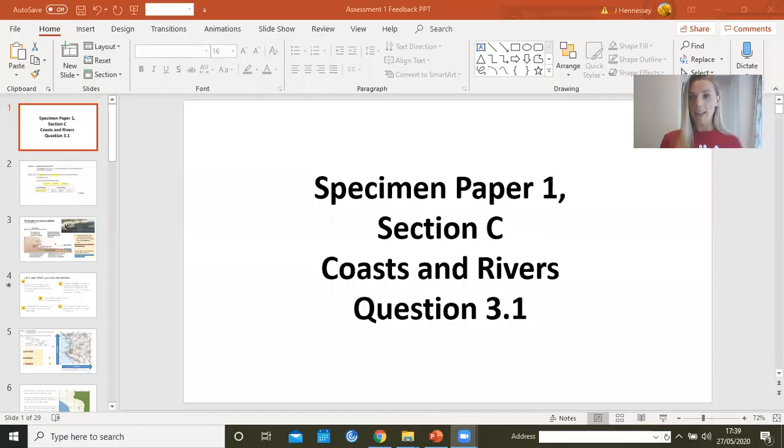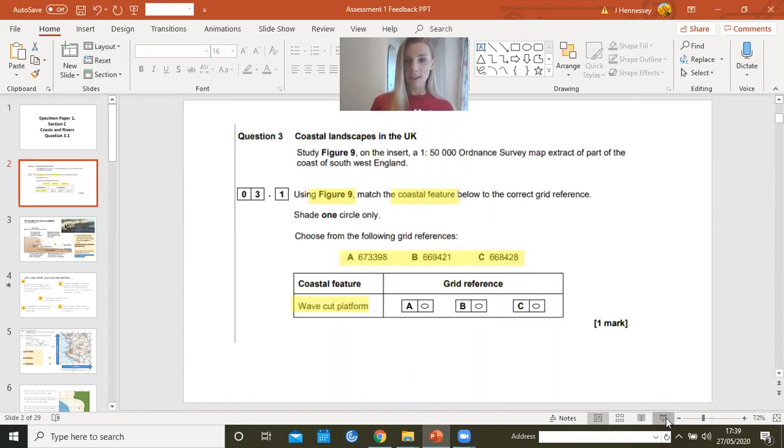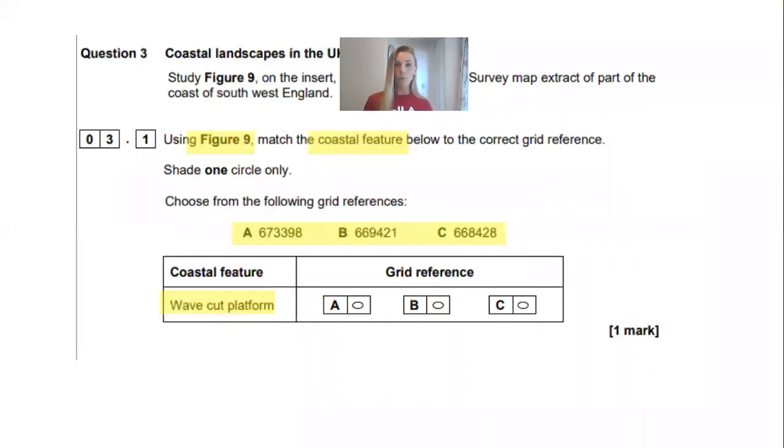Today, I'm going to be going over question 3.1 of the assessment you've just completed. I'm just going to share my screen so you can see a little bit more information. So this is the question that we're going to look at today, which is 3.1, which is using